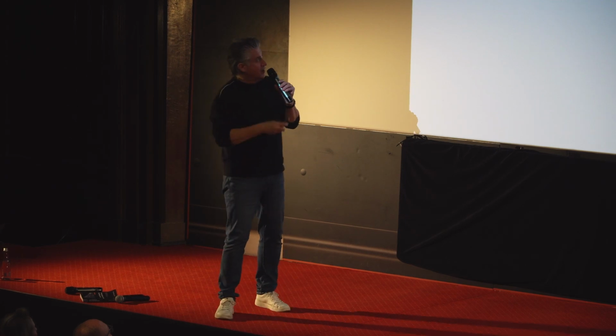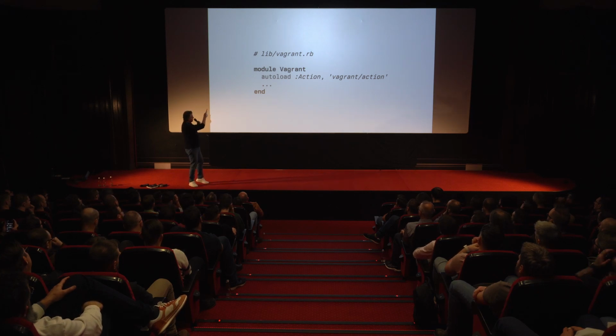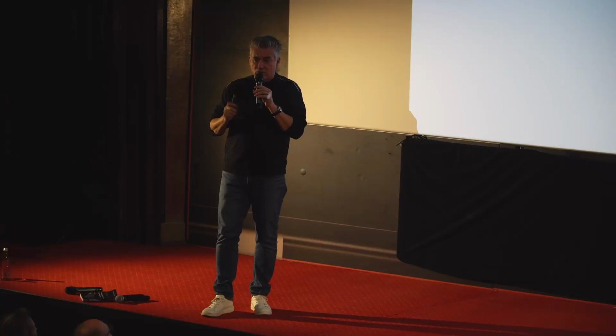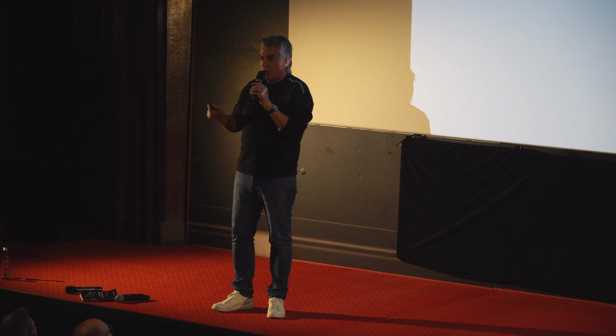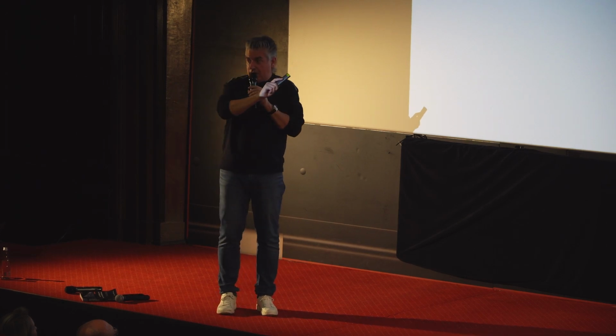For instance, this is background. Background uses autoload. Okay. So this is the API. Background defines a namespace background and says autoload action string. What does that mean? That means that background does not need to require background/action everywhere background::action is used. It doesn't need to do that. Why? Because by setting this line